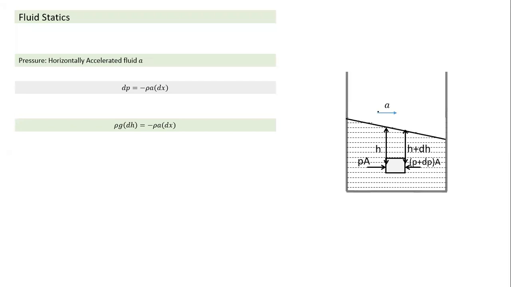Very slowly increase the acceleration to a final value A, and when it is having constant acceleration A, this is the shape of the liquid level, and it is static. It is in a steady state now. So slope is constant, liquid surface is constant, acceleration is constant. Then it is horizontal acceleration A.